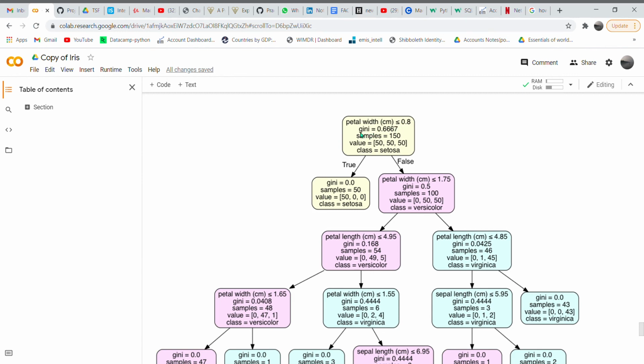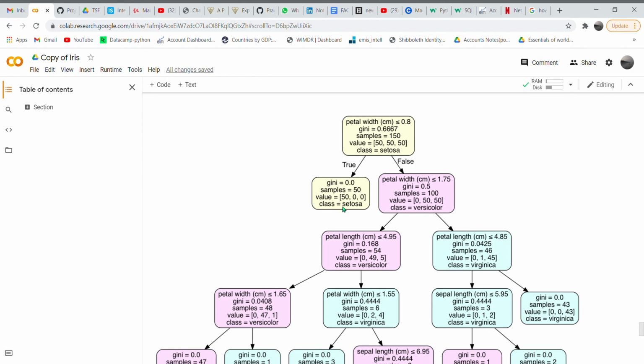Gini, let's discuss a few things about the decision tree. The decision tree algorithm uses information gain to split a node. This is the node. These are the nodes. Even this is called a node. Split the node. Gini index and entropy are the two things which we discussed earlier, the main parameters for a decision tree. Criteria for calculating information gain: the Gini and the entropy.